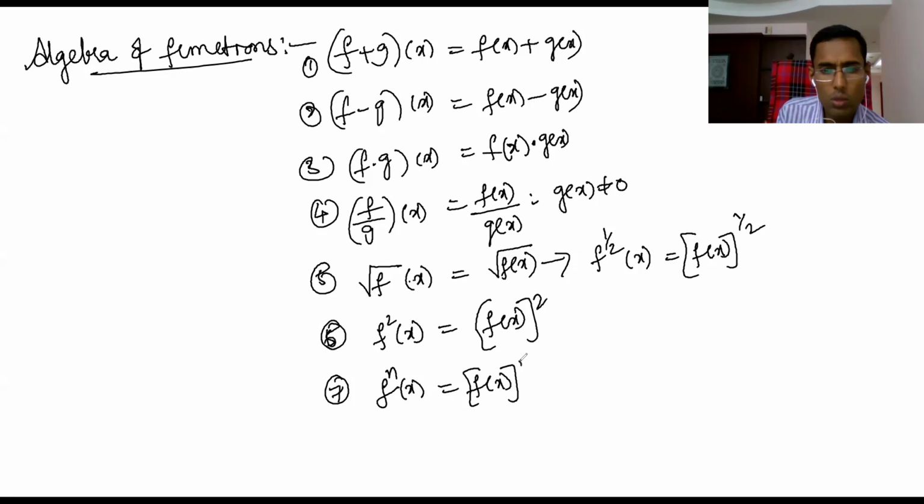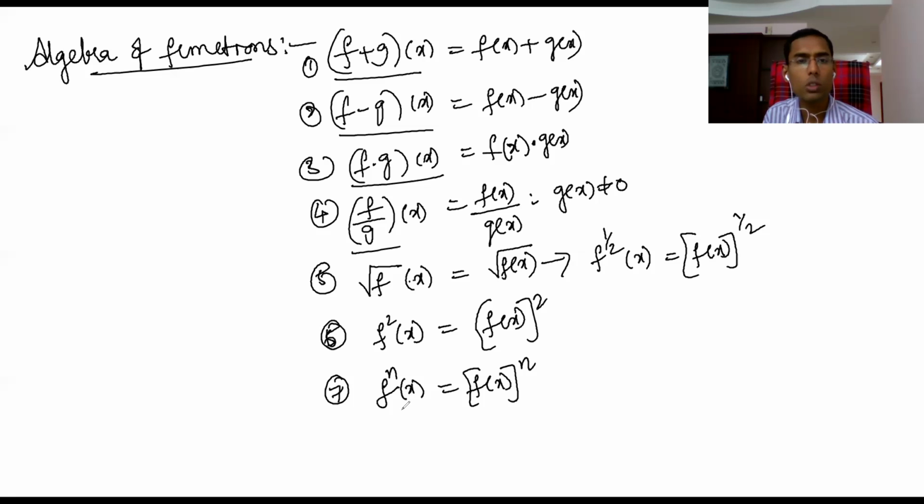This is called algebra of functions. Algebra of functions means what? Two functions can be added, subtracted, multiplied, divided. When you are able to add and multiply, you can also multiply square and cube, and that also exists. This is algebra of functions. Okay, then we'll go to examples. So very simple ones first, then we'll go to examples.